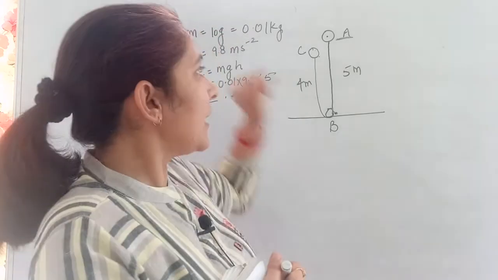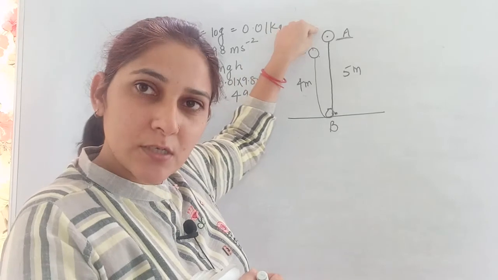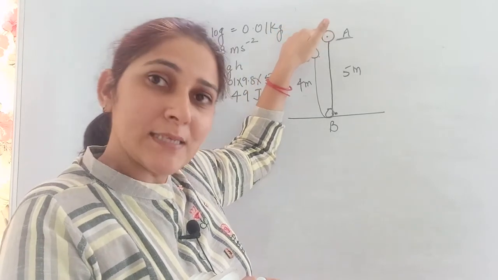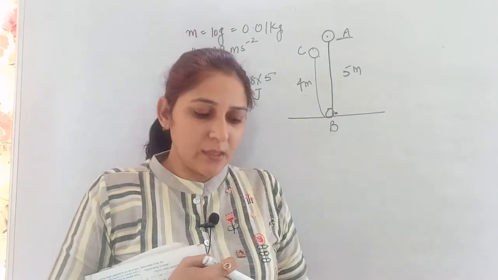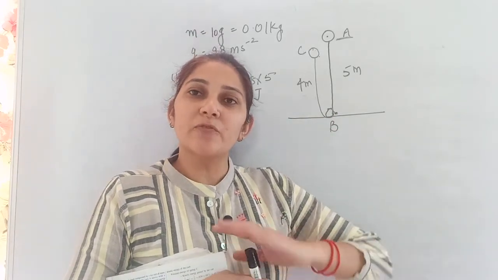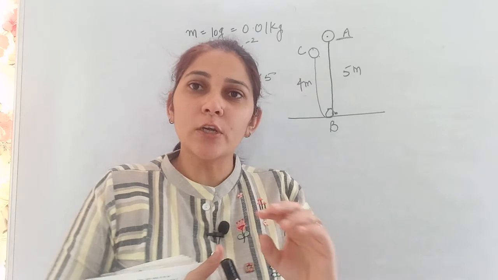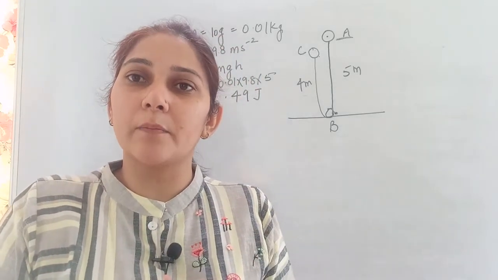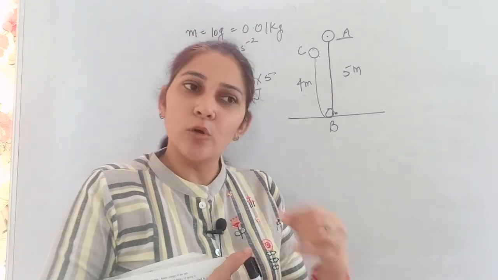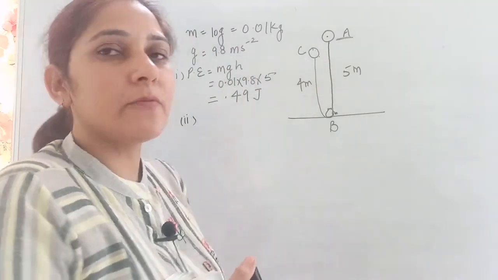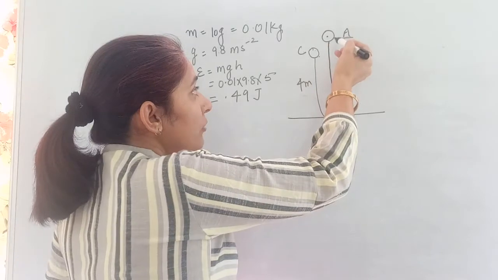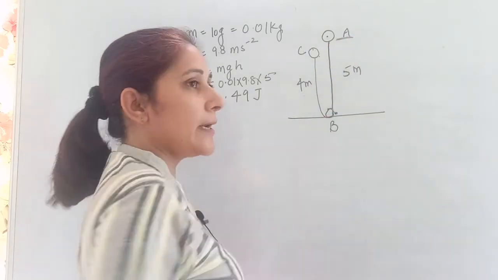जितना भी energy ball में यहाँ potential energy की form में था, the whole is converted into kinetic energy over here. और ये हम कब assume कर सकते हैं? When we are assuming that the medium is frictionless. The ball has not used up its energy to overcome the friction of the medium. Ball ने और किसी form में energy को use नहीं किया है. The medium is frictionless. Then we are saying that all the potential energy is converted into kinetic energy.